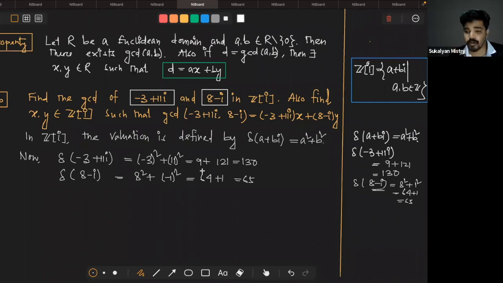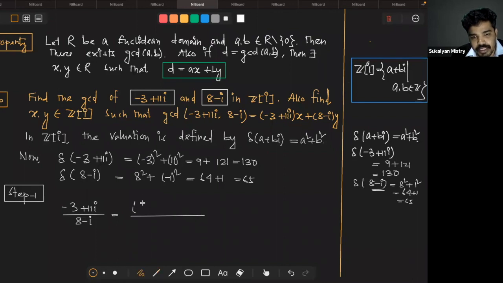তাহলে আমরা কি করি, ছোট নাম্বার দিয়ে বড় নাম্বারকে ডিভাইড করি, তাহলে 8 minus i দিয়ে minus 3 plus 11i কে ডিভাইড করব। ওকে, সো ফার্স্ট স্টেপ, স্টেপ 1, আমি 8 minus i দিয়ে minus 3 plus 11i কে ডিভাইড করব। যেহেতু কমপ্লেক্স নাম্বার, তাহলে দেখো প্রসেসটা, minus 3 plus 11i কে আমি ডিভাইড করব 8 minus i দিয়ে। ওকে, সো নাও টেকিং কনজুগেট,